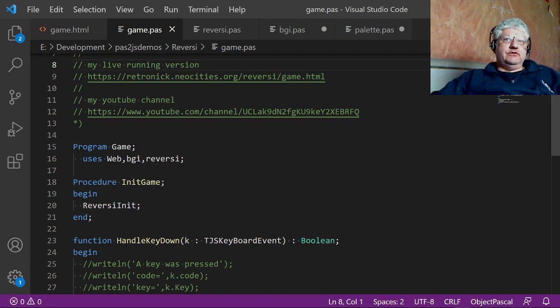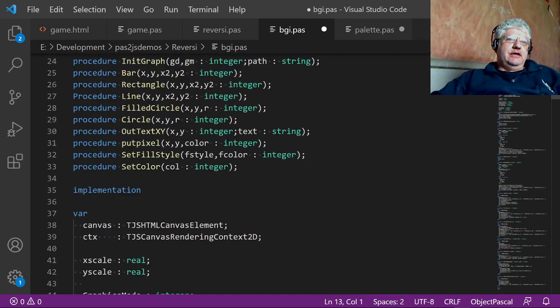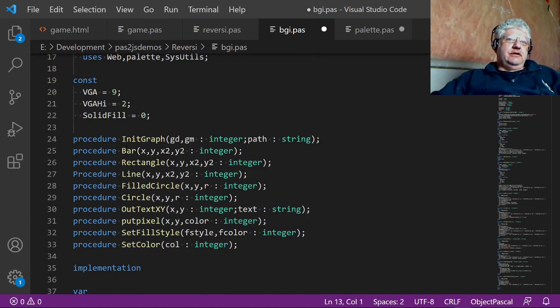There's no extra functions. So if I flip to that, here's all I created: init graph, bar, rectangle, line, filled circle, circle, alt text, put pixel, which I don't use in the game, and the set fill style and the set color. So if we go back here,